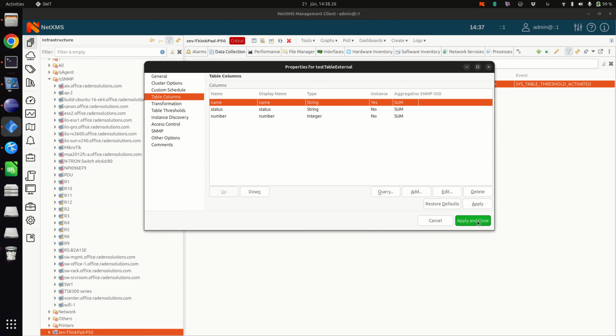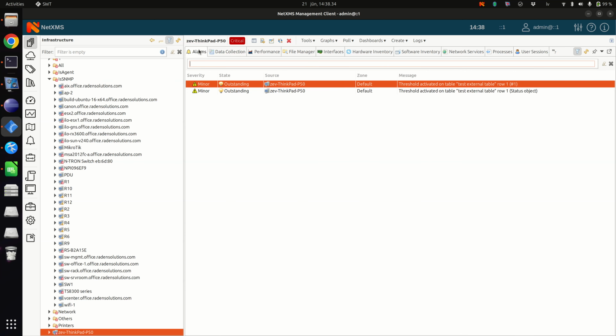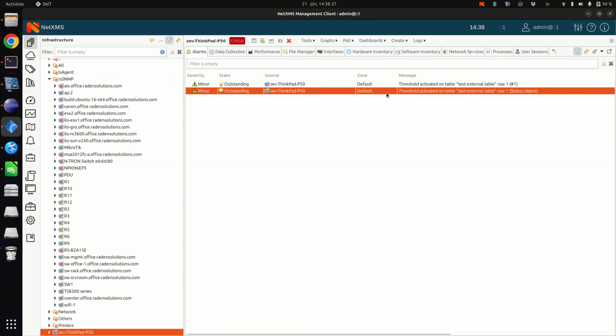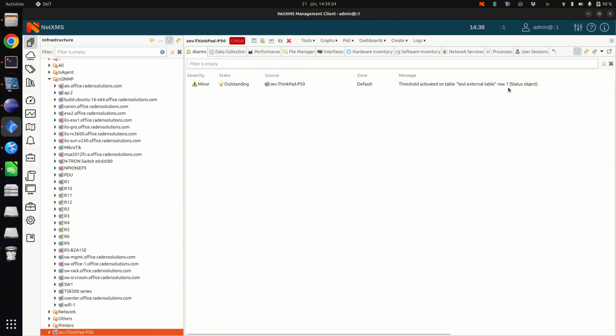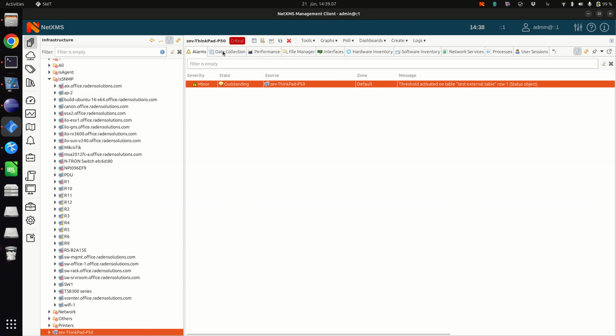Let's apply it. Let's force poll. And now we have another threshold with that row 1 with instance status object has been active. It's a different threshold because the old one is made for the different instance. But now, when we have this threshold